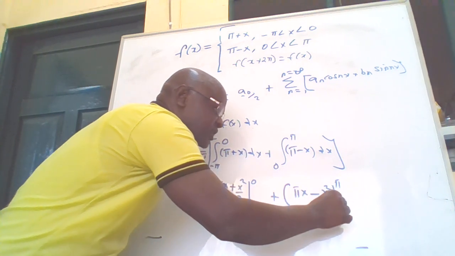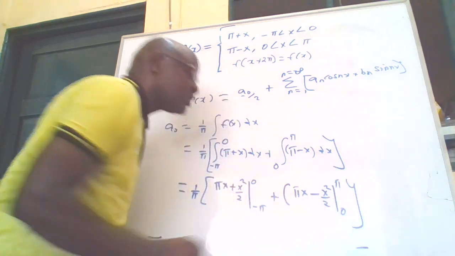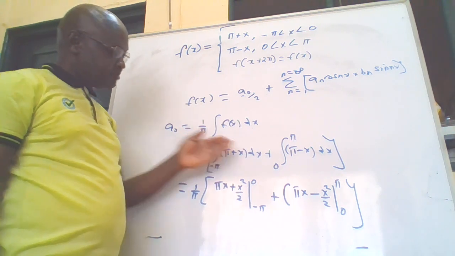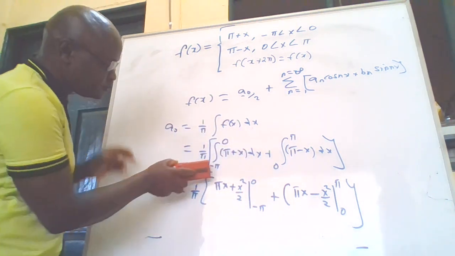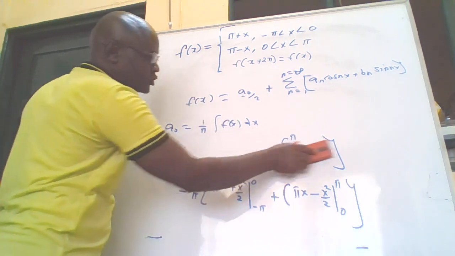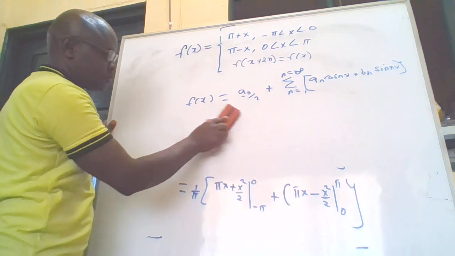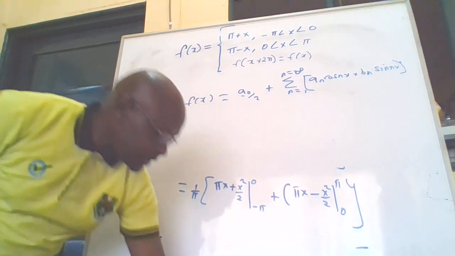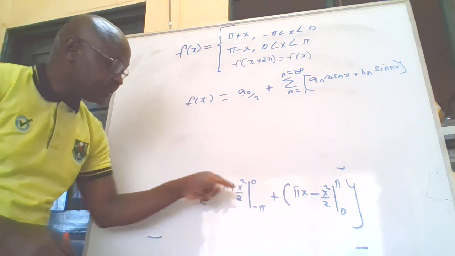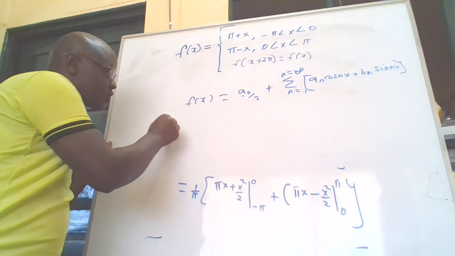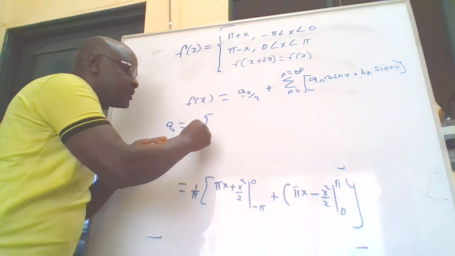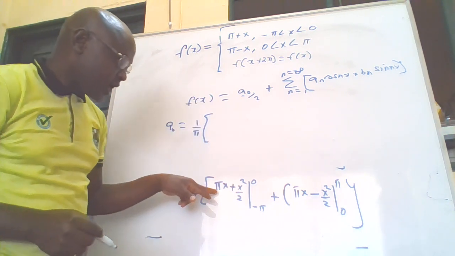That is the range of integration, like that. Now from here we can insert the given limits. So our a naught equals, of course, 1 over pi into, now,